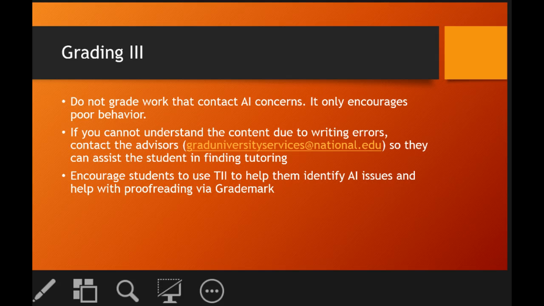Then we have a writing tutor, and we also have writing tutors on all of the ground campuses, and they're available for more fundamental issues. So sending the advisors a sample of the writing will help them determine which option to steer the student towards. And I would definitely, from the beginning of class, encourage students to submit their rough drafts